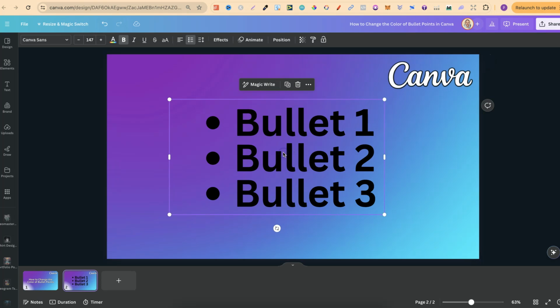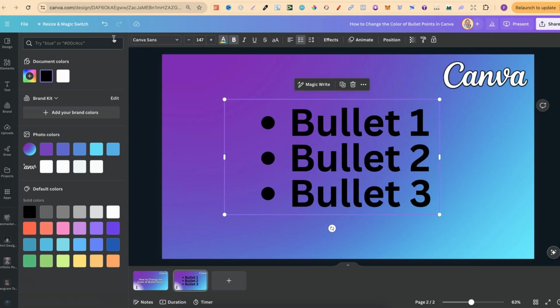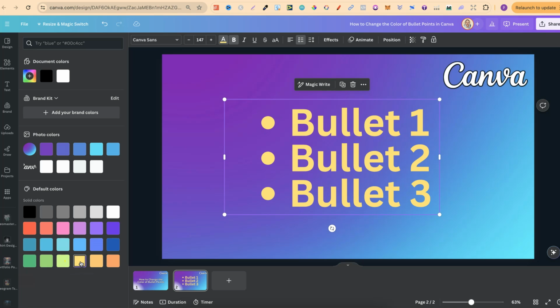First, we have to change the whole lot to whatever colour it is that we want the bullet points to be. So what we're going to do is click onto the text, come up to the colours, and for this example, let's go with yellow bullet points. So we're going to click on the colours just here, and now we can see all of this has been